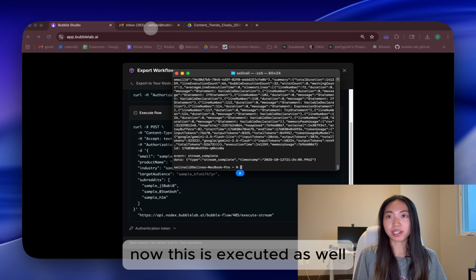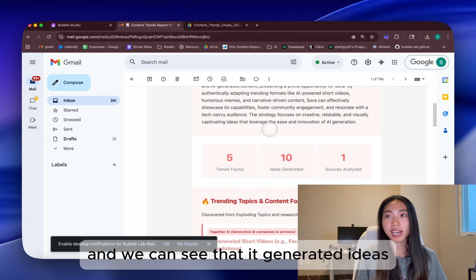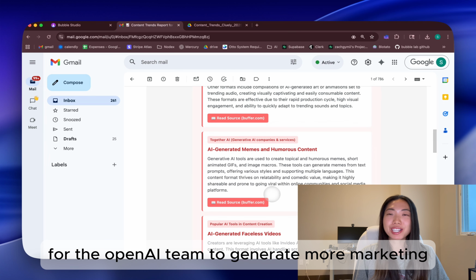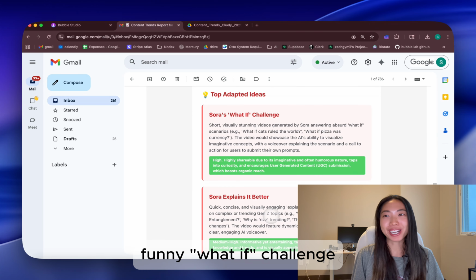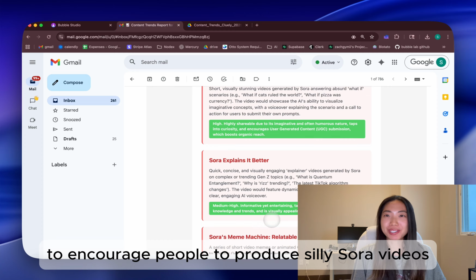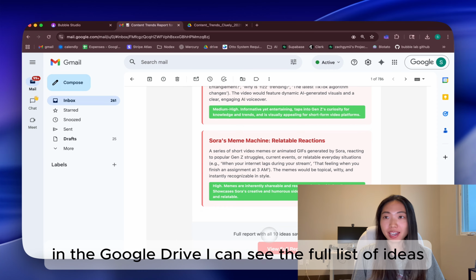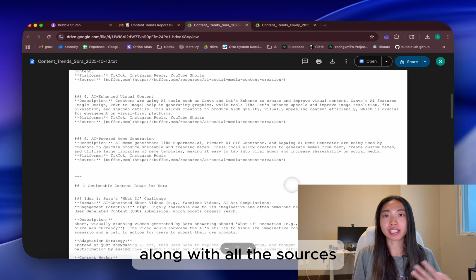Now this is executed as well, and we can see that it generated ideas for the OpenAI team to generate more marketing to push Sora out more, including a funny what if challenge to encourage people to produce silly Sora videos. And once again in the Google Drive, I can see the full list of ideas along with all the